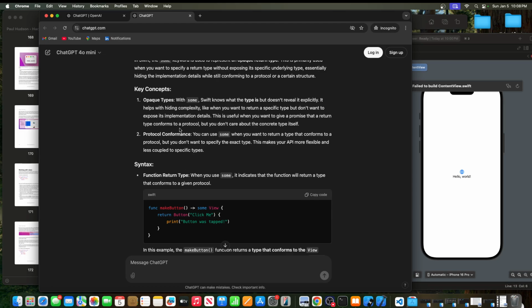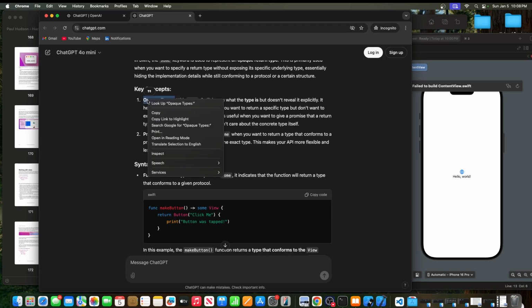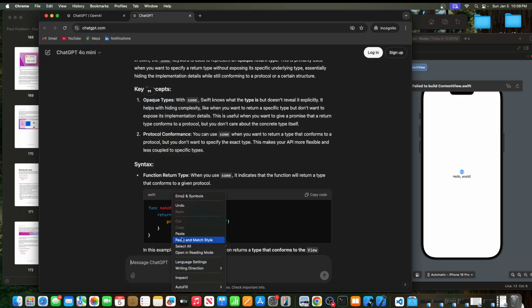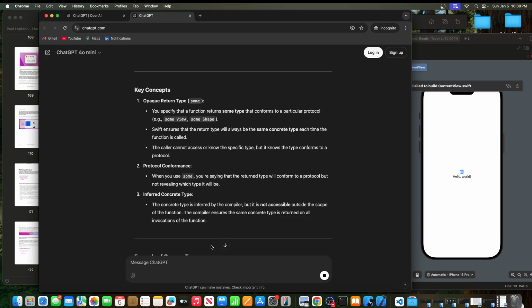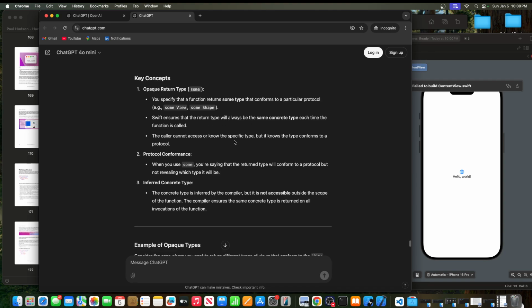Okay, now let's see what opaque types are. What's the advantage of using opaque types? The key concepts: you specify that a function returns some type that conforms to a particular protocol. Swift ensures that the return type will always be the same concrete type each time. Protocol conformance: when you use some,